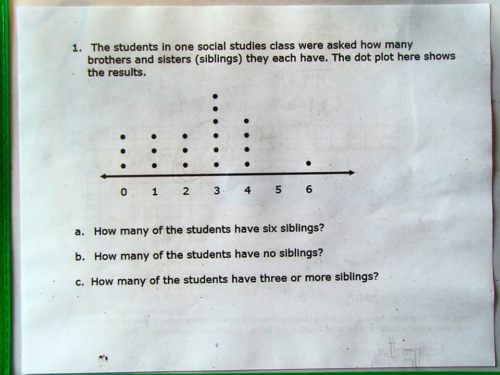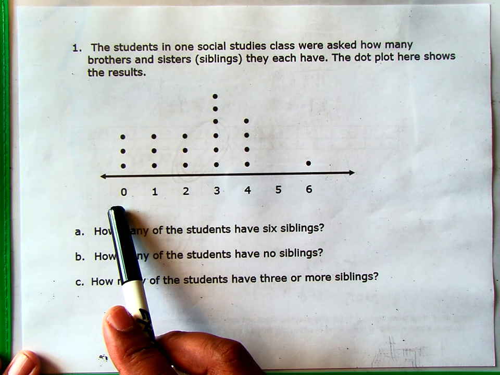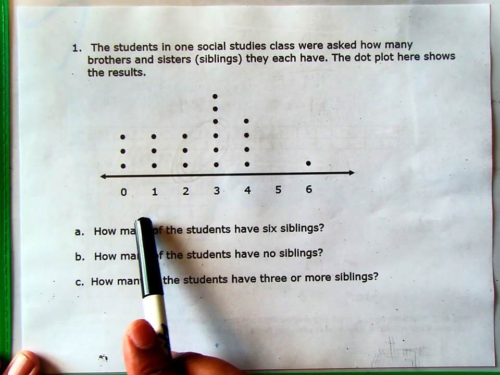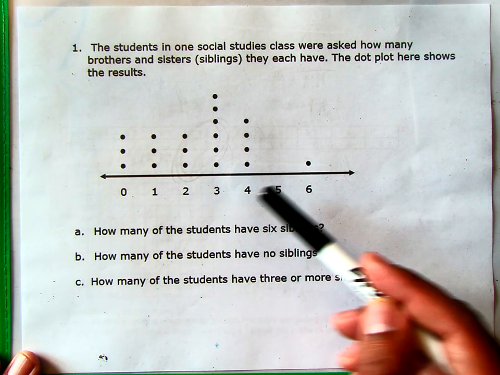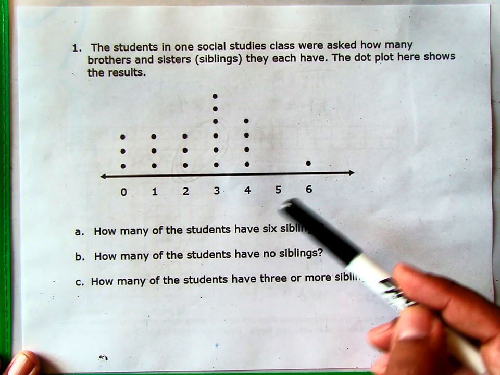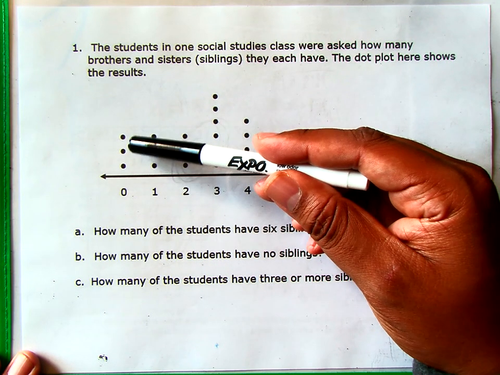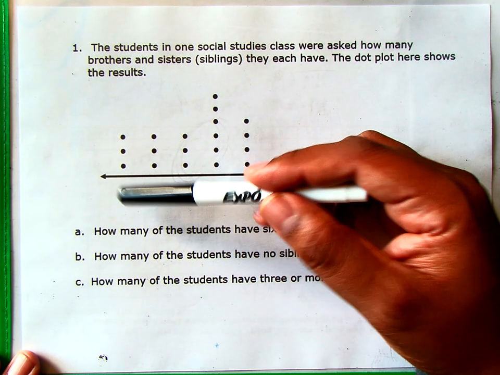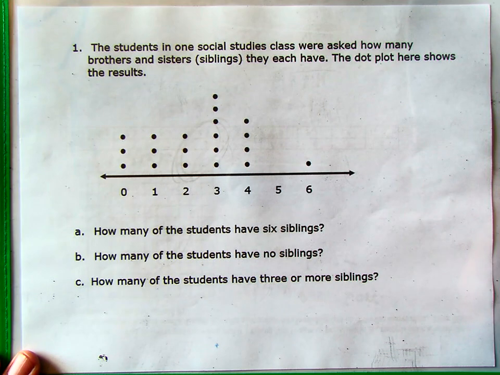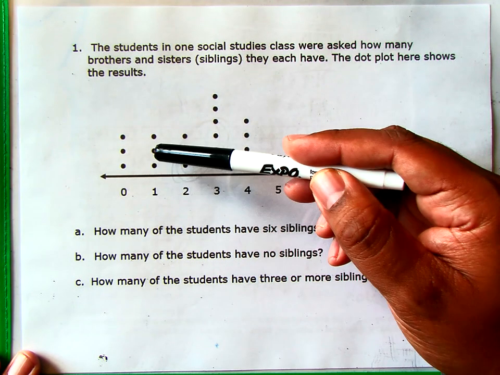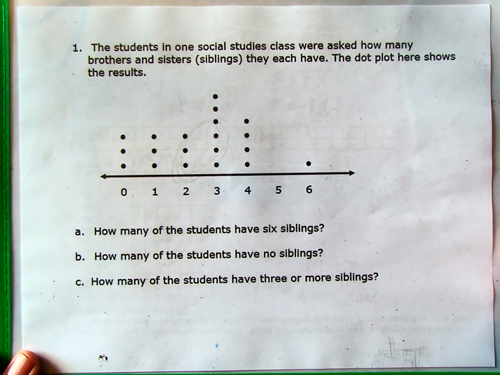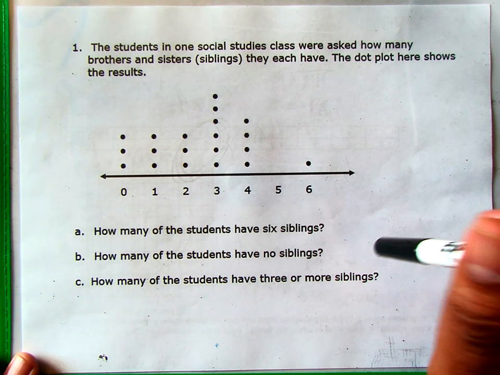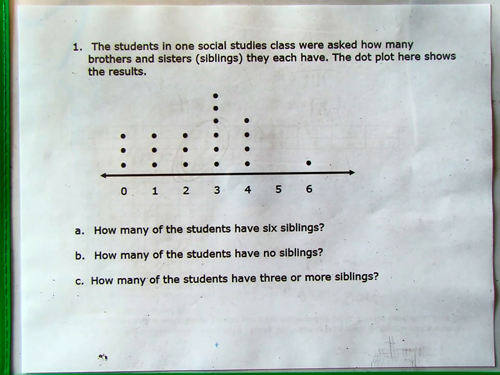So remember that this is basically the list of how many siblings you have. So this is 0 siblings, 1 sibling, 2 siblings, 3 siblings, 4 siblings, 5 siblings, 6 siblings. And this is reflecting how many people have that particular amount of siblings. So it's saying 3 have 0, 3 have 1, 3 have 2, 6 have 3, and so on. So make sure, and it's tricky, but you just got to keep that in mind when you read each one